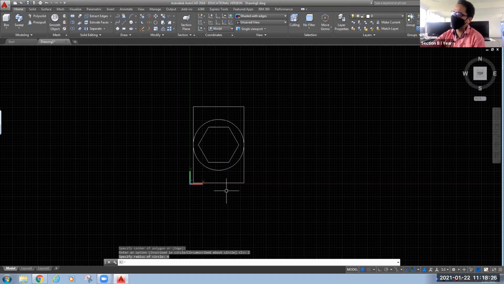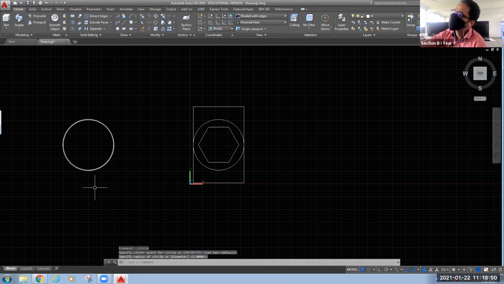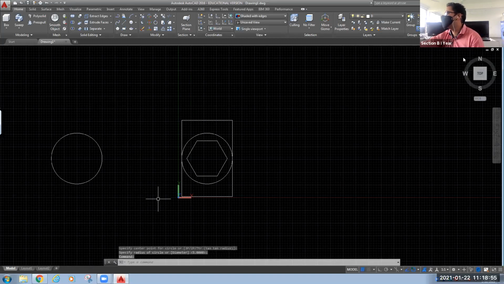Okay. In the same way, suppose I draw a similar surface in a parallel location, I will take, yeah, I would like to draw a circle of radius 5. Okay. Now we are working on your XY plane. To see this figure in 3 dimensions, we need to go to your isometric view.